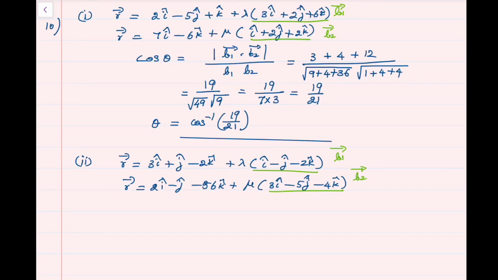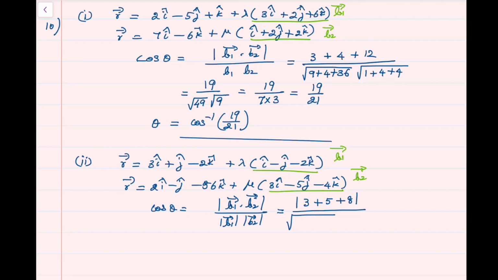Let us write cos theta formula. Cos theta is equal to absolute value of vector b1 dot vector b2 divided by magnitude of vector b1 times magnitude of vector b2. We will get the acute angle between these two lines because of the absolute value sign, which is equal to absolute value of 3 plus 5 plus 8 divided by magnitude of b1, which is root of 1 plus 1 plus 4